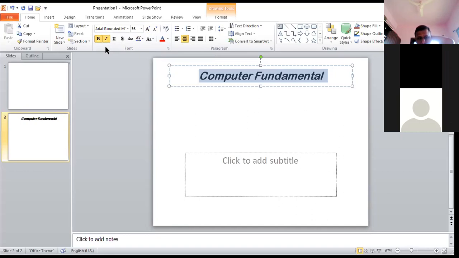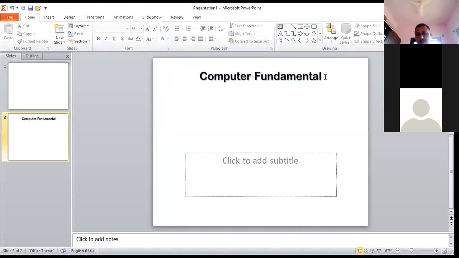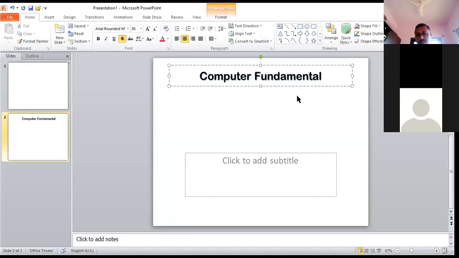The next we can go for applying underline. Suppose I want underline, then you can use the underline option. Okay, if I don't want this one, you can remove it. If you want to keep the text simple, you can use this. Then if you need to apply the shadow effect, the text shadow will be shown. You can see the background shadow with a light gray color shadow there.